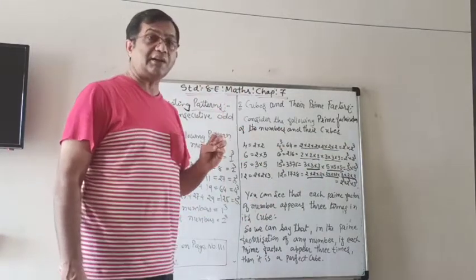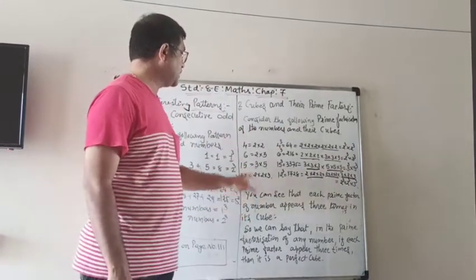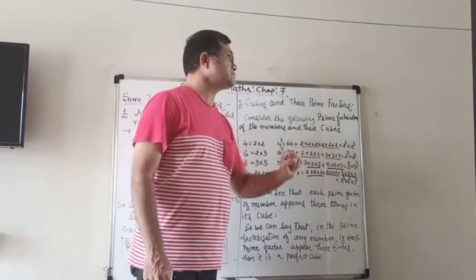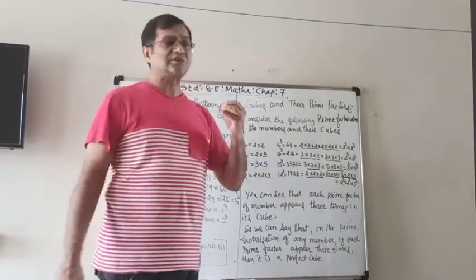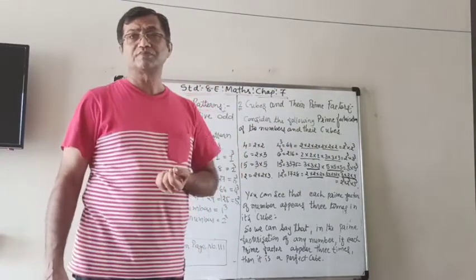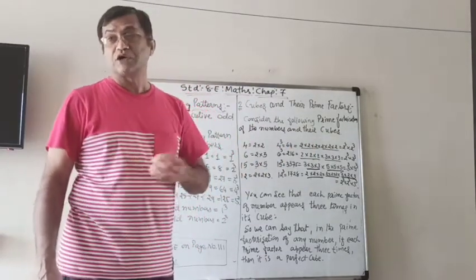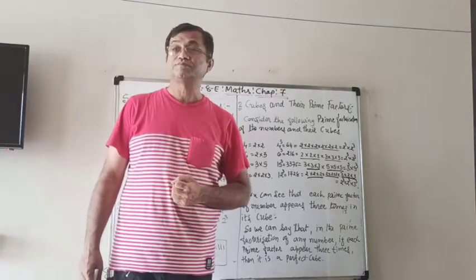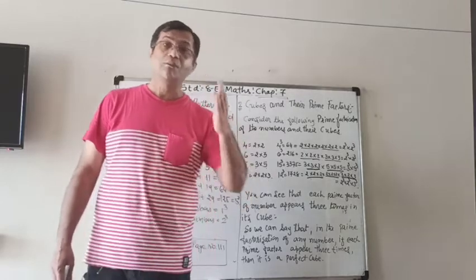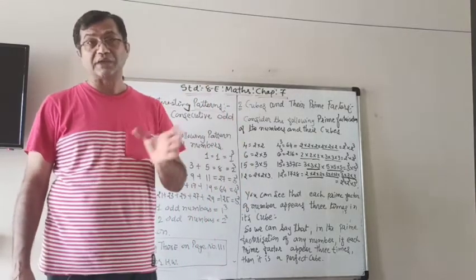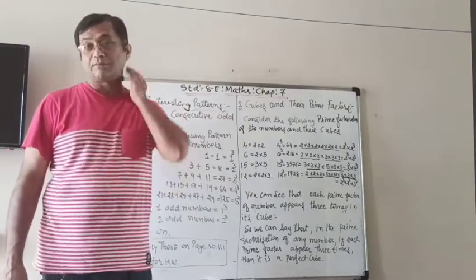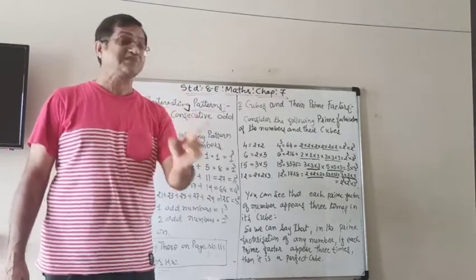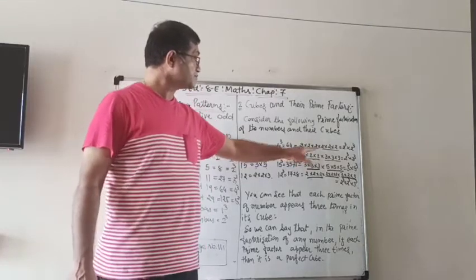So here, in a number, if its prime factor comes once, then it will come 3 times in the cube. So this observation is useful for what? To decide whether the given number is a perfect cube or not. How will we do it? We have to make the prime factorization and make the pairs, not actually pairs, triplets, means pairs of 3, like this, I underline.